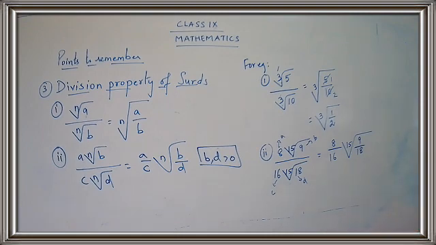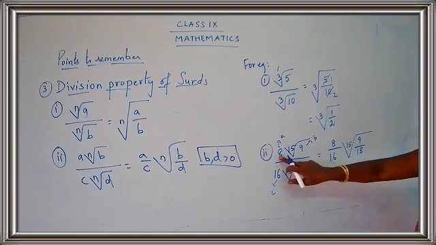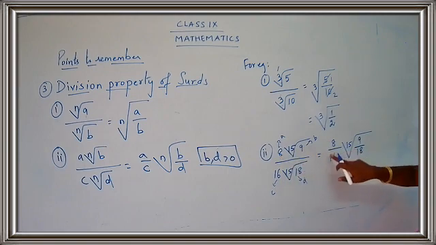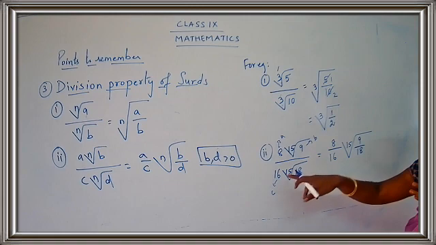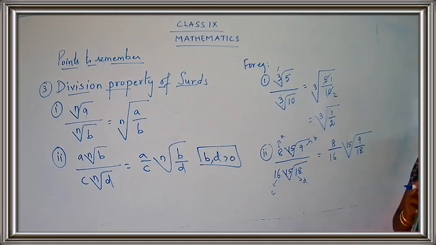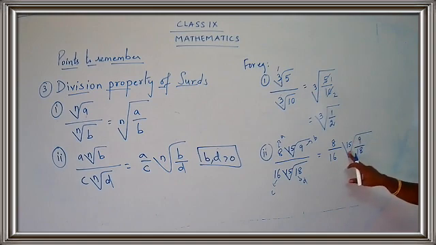8 upon 16. So you're going to take the coefficient part. You're going to divide the coefficient, 8 upon 16. You have a root 15 in the numerator part and root 15 in the denominator part. So you are going to take the common root, so you take it as root of 15. 9 upon 18, the radicand, that is 9 upon 18.